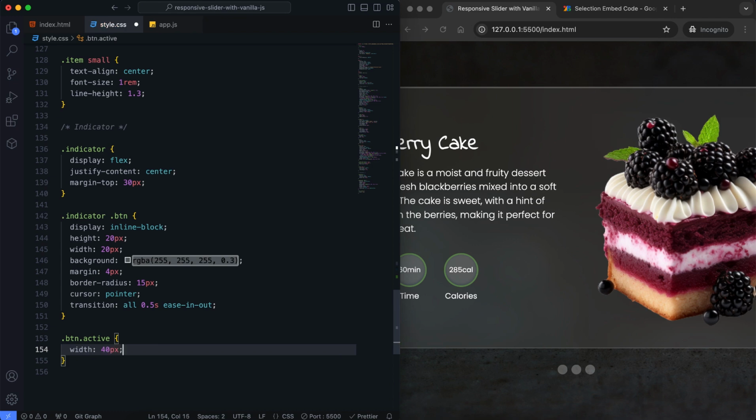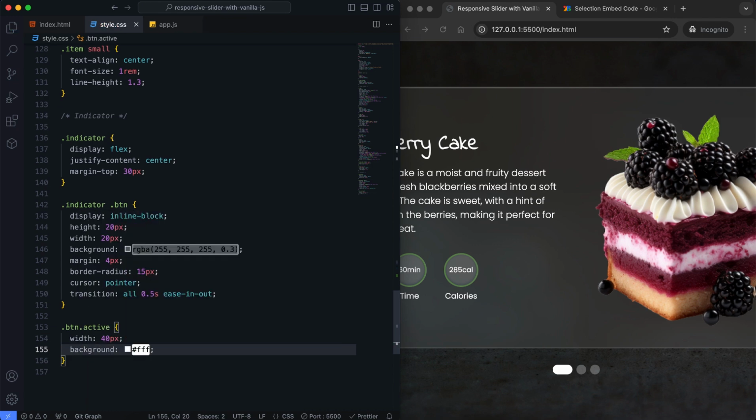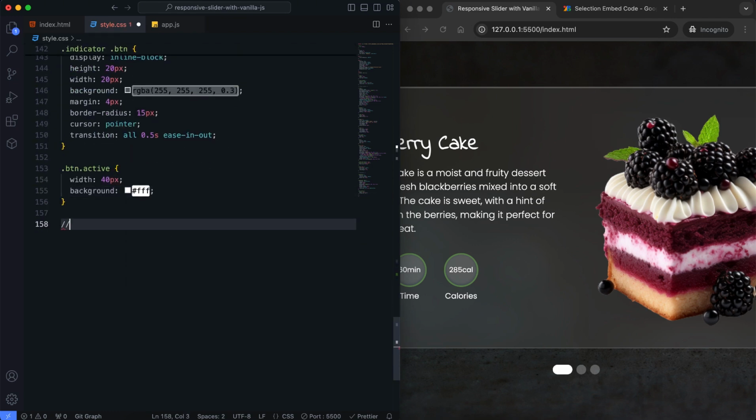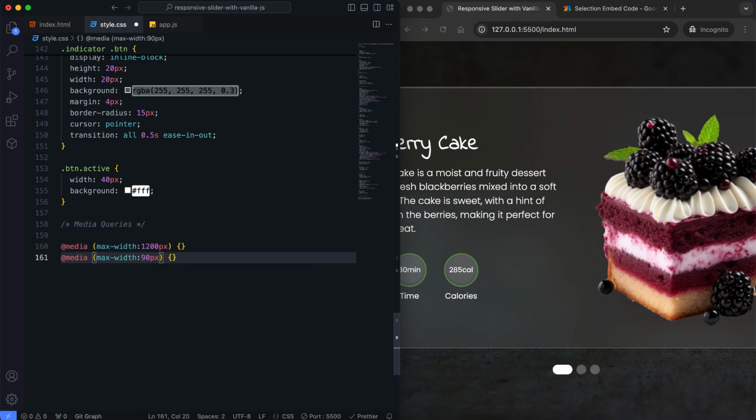The width of the active button will be increased, and its background color will be changed to highlight it. I add some responsive styles using media queries to ensure everything looks good on smaller screens.